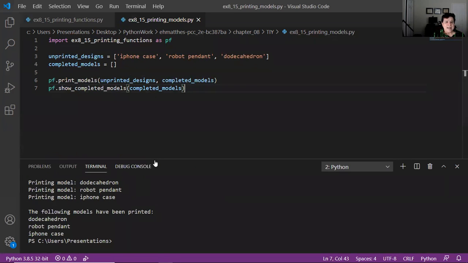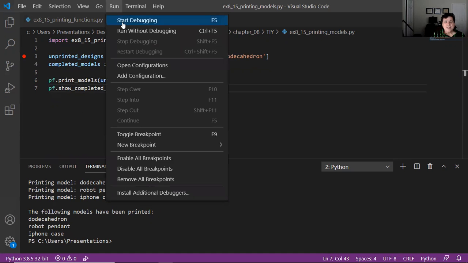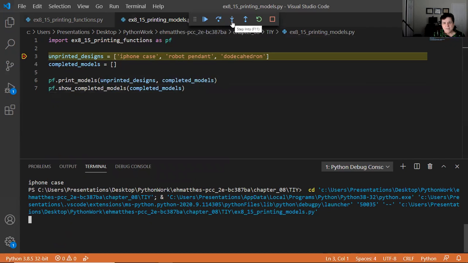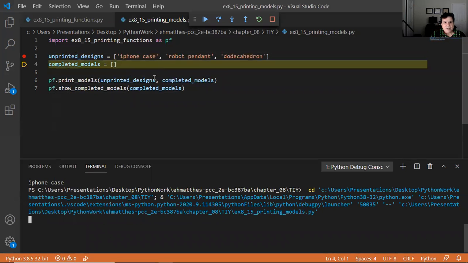This is a great example of something that you could use a little debugging on to understand the flow of control. I'm going to go to line 3 and put a breakpoint, and then I'm going to go to run, start debugging Python file. And instead of pressing on the icon here, I'm going to press F11. So notice the line that's highlighted, line 3, is the line that's going to get executed but hasn't been executed yet. So when I press F11, it goes to the next line of code,